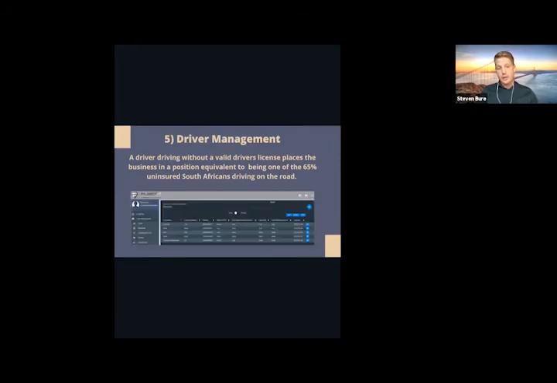Driver management, I touched on that a little bit just now, but you're able to load all your drivers into the system. You're able to capture things like their birth date, cell phone numbers, their cost to company, if you want to make that something that's available in the system. And then obviously their expiry dates on things like driver's license, PDPs, working permits. And we've got the ability to expand on it. So if you've got specific permits, we can add those into the system so that you can track those permits, as also potentially mines that have a specific permit for a mine, or hazmat permits, different things like that. And the system will then drive notifications, which I'll touch on on the next slide, on these rules, so that